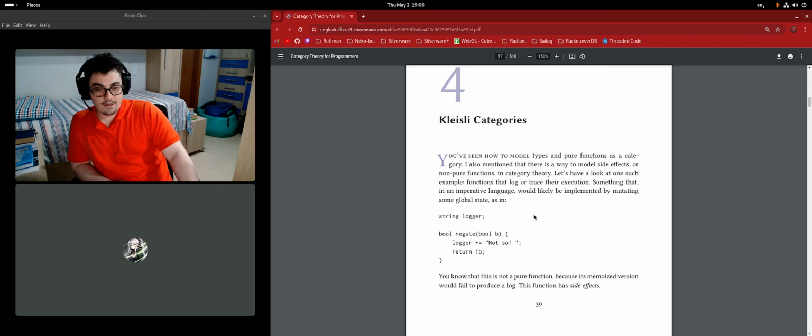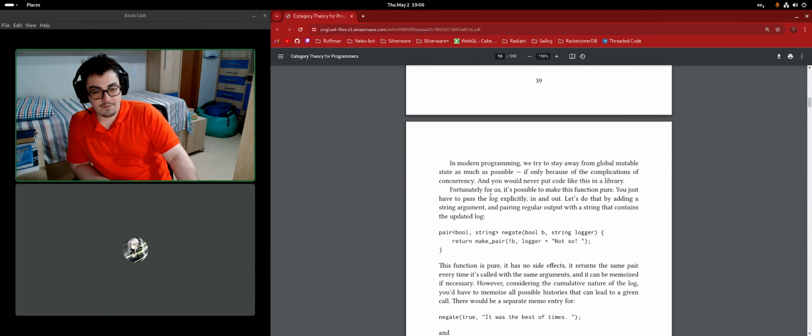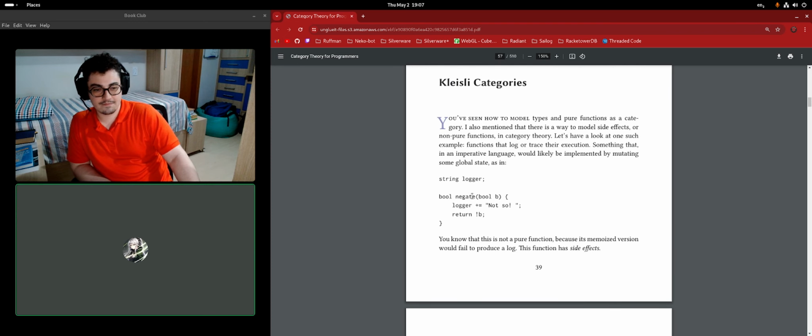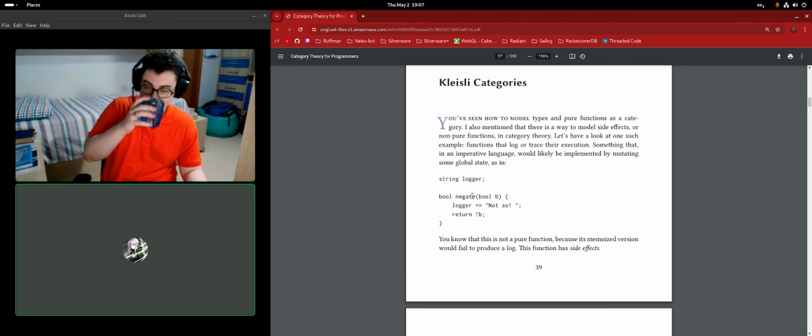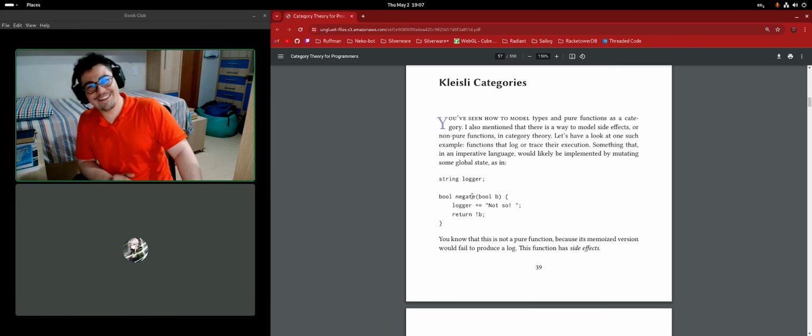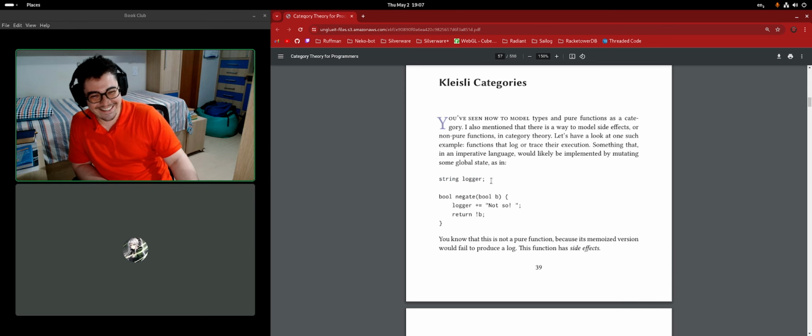Anyway, aside from the naming scheme, we start talking about side effects. So we want to make a logger, which is a very common procedure in programming. We want to make that happen, but we don't want to have a global or static thing floating around that we just keep appending things into. Actually, I think the more precise way to say it is we don't want it to be magic. We want it to be compositional.